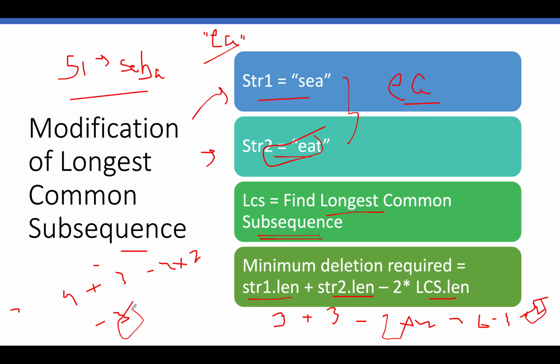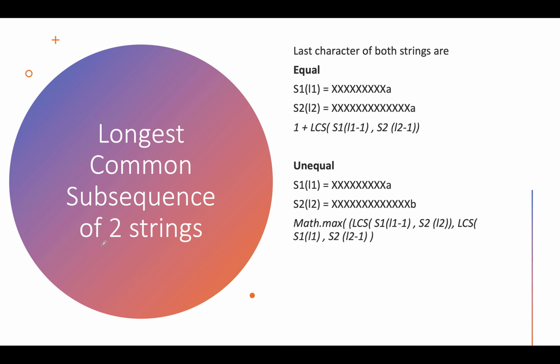So let's understand how we will calculate the longest common subsequence using dynamic programming. Hypothetically, let's assume that string 1 given to us is n characters of any character followed by A, and s2 is also n characters, X signifying any random character, followed by A. In this case, the last character of both the strings happens to be equal.